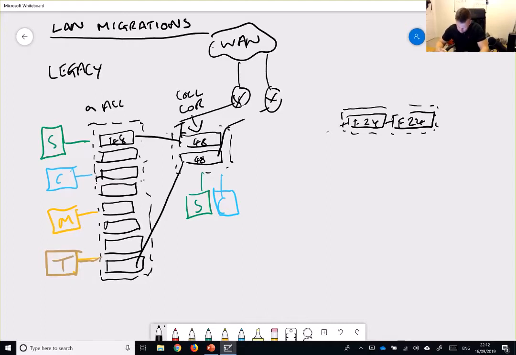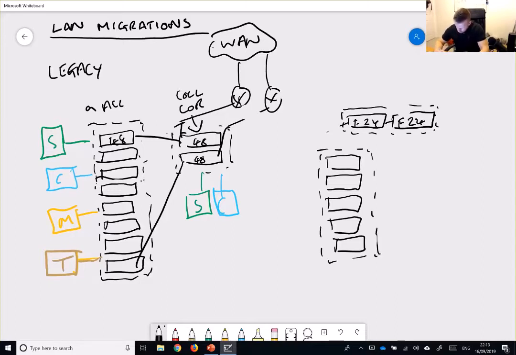So what we really want to get to is this, or 5, and then they're connected somehow like that.